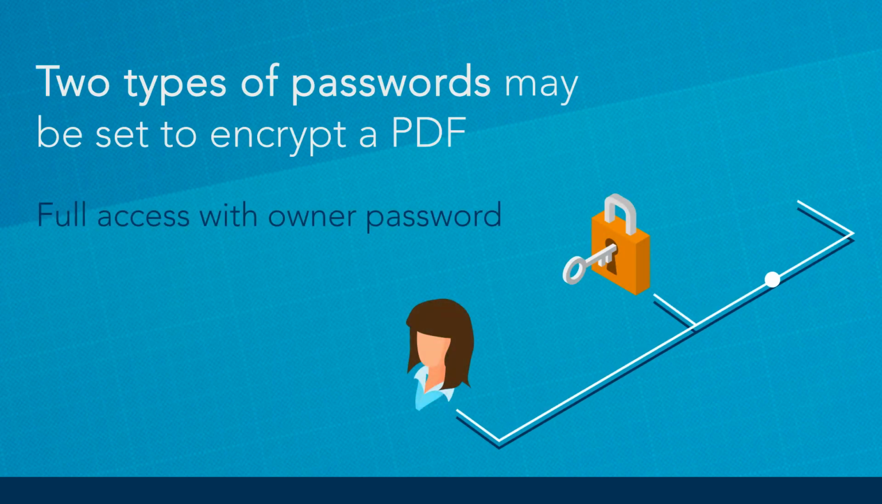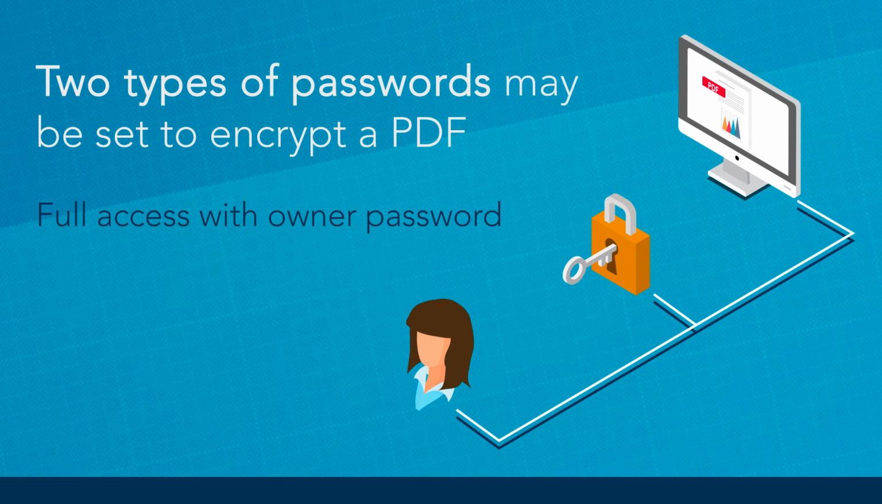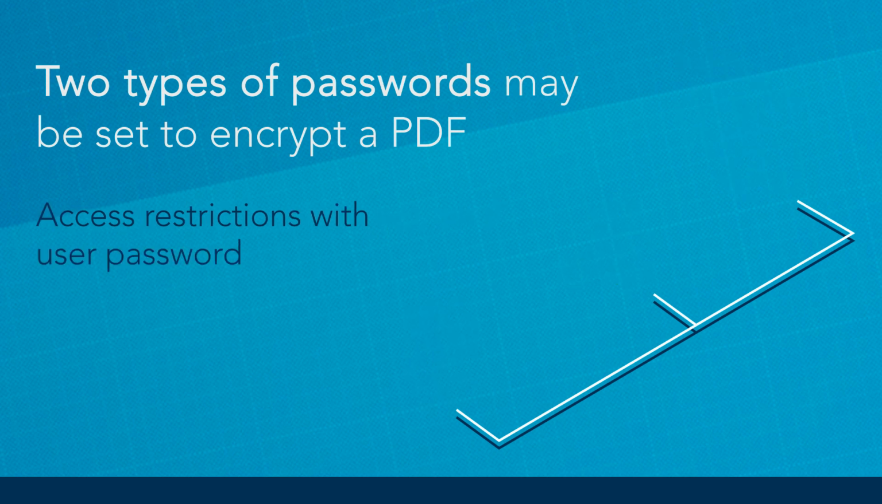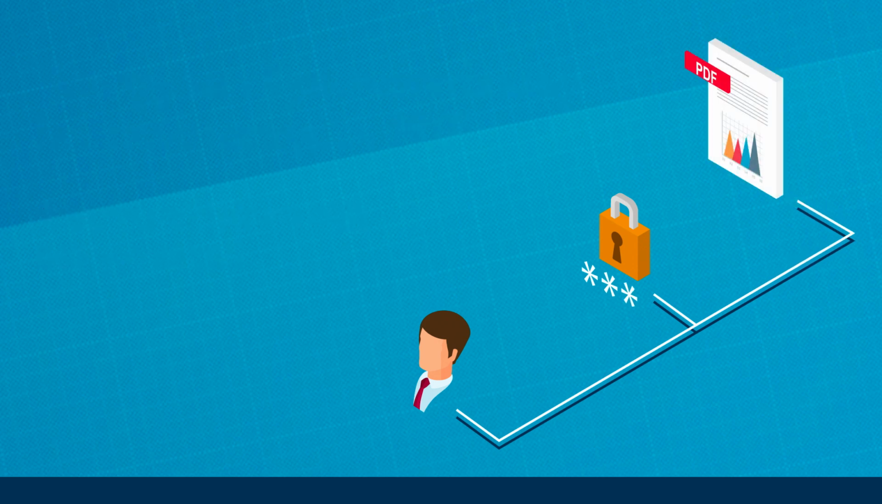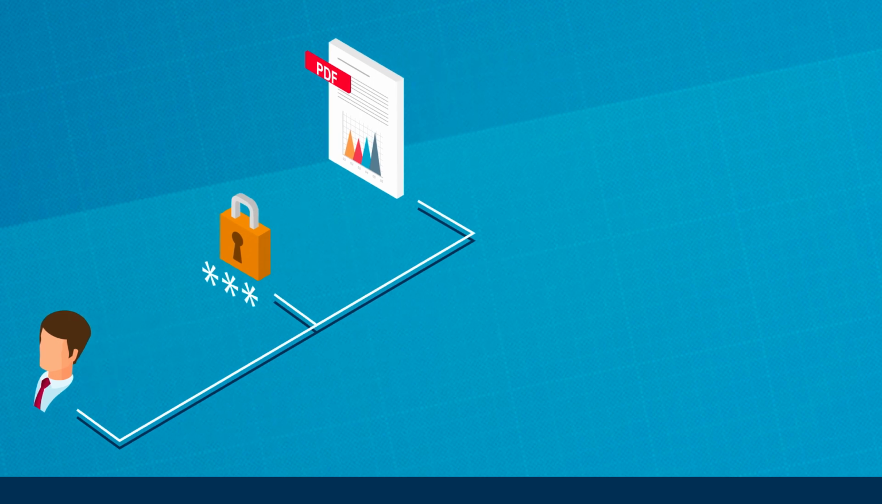Two types of passwords may be set to encrypt a PDF. Owner password will allow unrestricted access to the document. User password will provide access to document viewing as well as allowing you to specify what operations may be applied to a document, such as